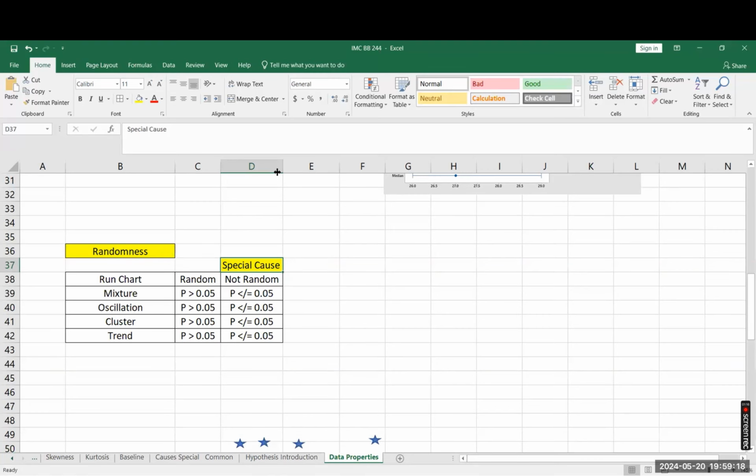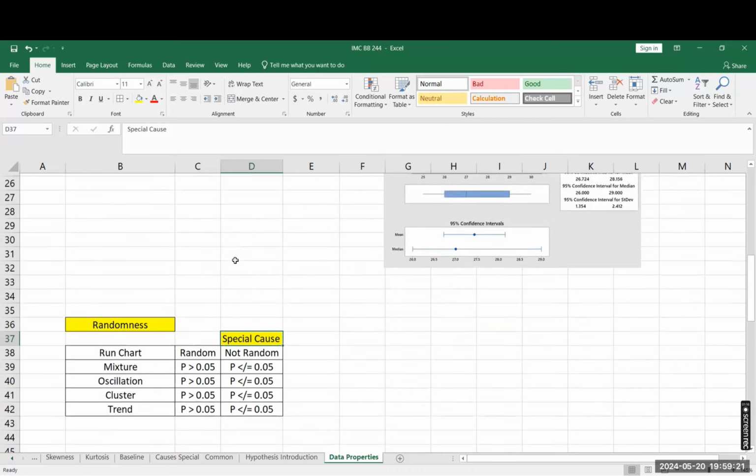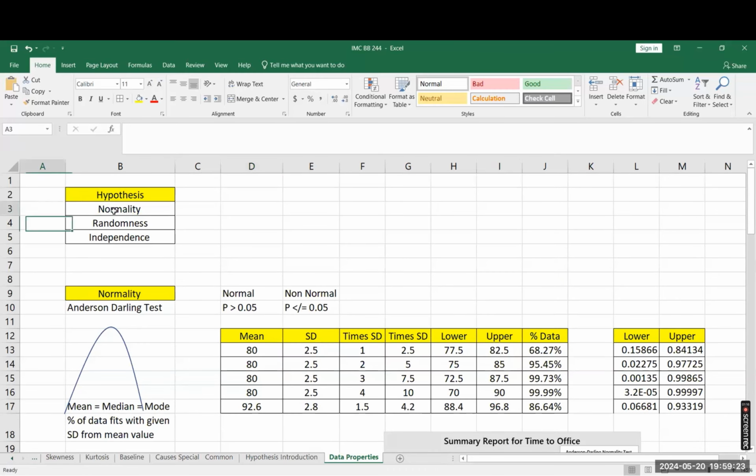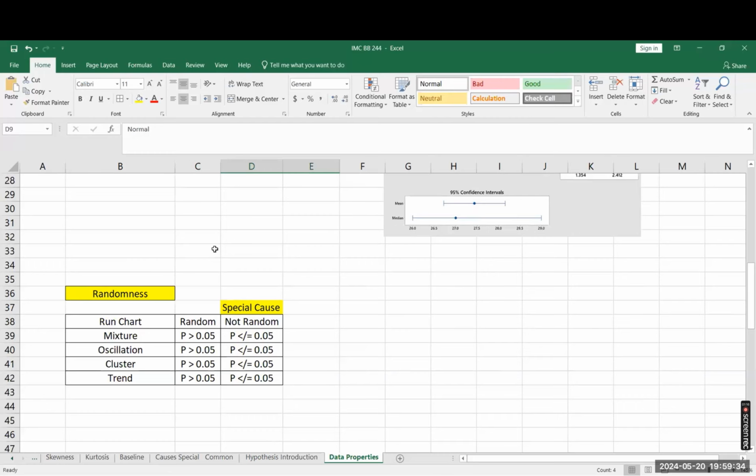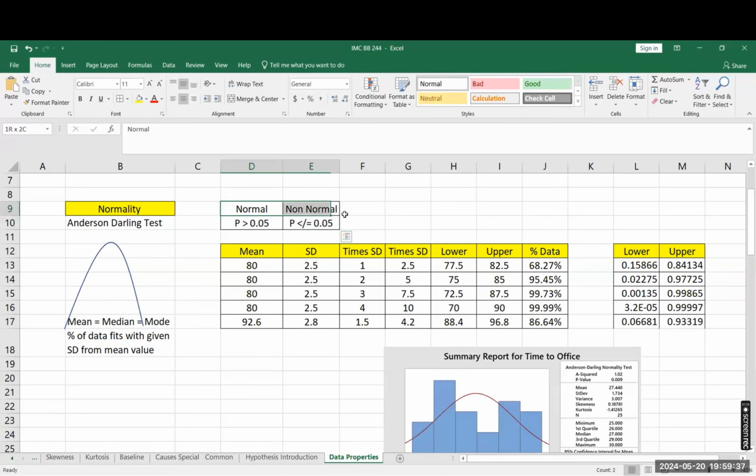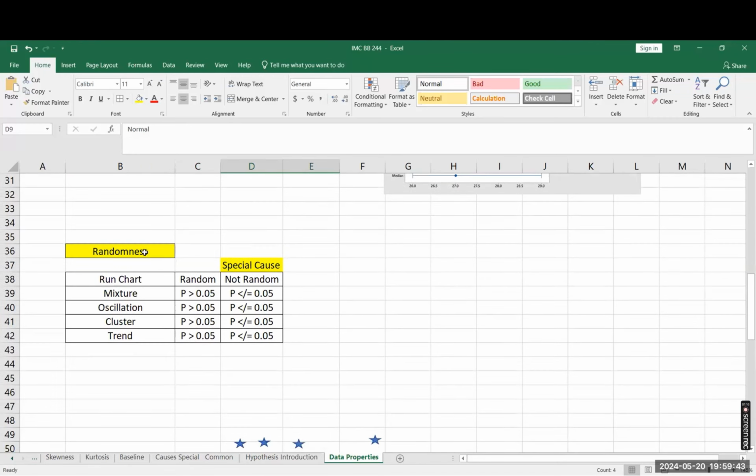No, no, no, Bhai. You are mixing two things. First, we have checked the normality with the help of Anderson-Darling test. Clear? This is the one part of the test. Now, same data I will use to check the randomness as well. So normality I checked before, now I will be checking the randomness. So data was normal or not normal, I decided. Now I will decide data is random or not random. These are the two different things.